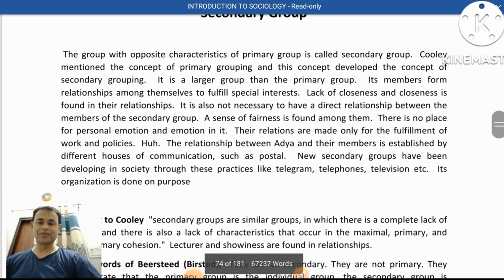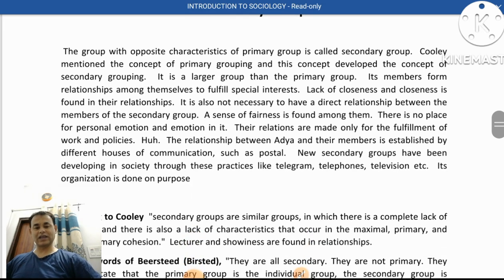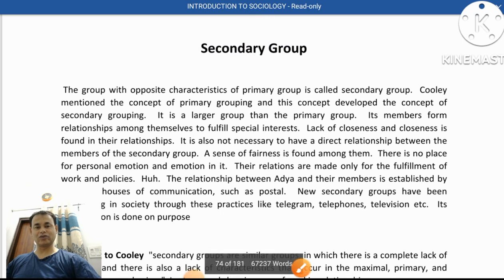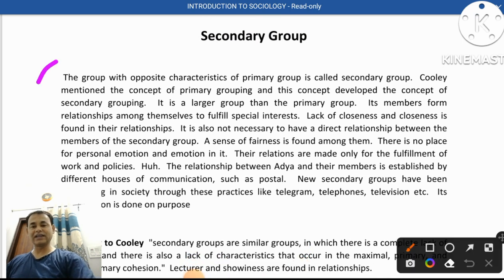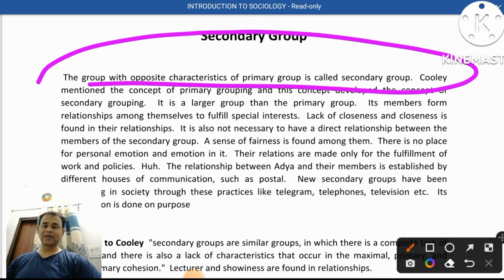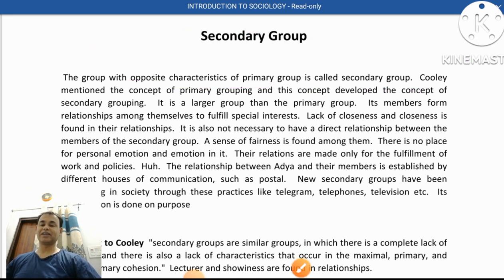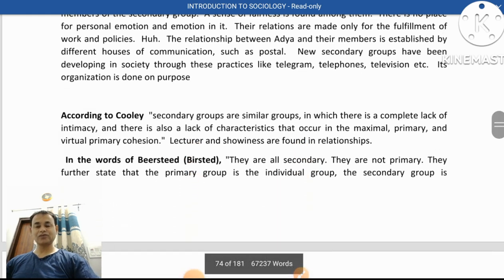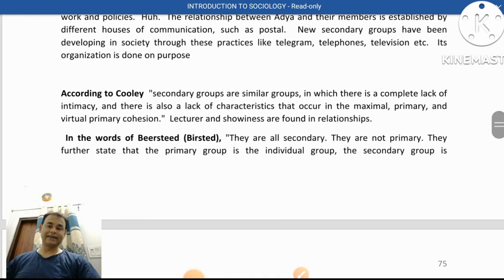Here, the secondary group, as mentioned earlier, is the opposite in nature of the primary group. Cooley mentioned the concept of the primary group, and the concept of the secondary group developed from it. The opposite of the primary group is the secondary group. It's a larger group than the primary group. Its members form relations among themselves to fulfill a special interest, and lack closeness. So we will look at the characteristics and